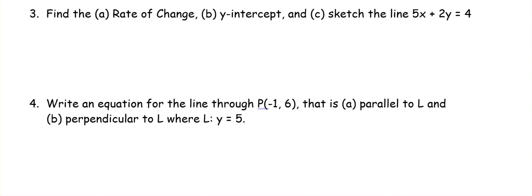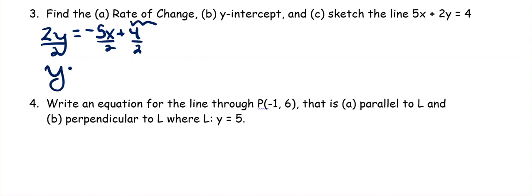Example 3 is asking us to find the average rate of change, the y-intercept, and sketch the line 5x + 2y = 4. Well, the easiest way to find the rate of change, or the slope, is to change the form. So this is where it is good to know alternate forms. Change it out of that general linear form into a form where you can better identify slope. So I just subtracted 5x from both sides, and then finally divide everything through by 2, and I get y to be -5/2 x